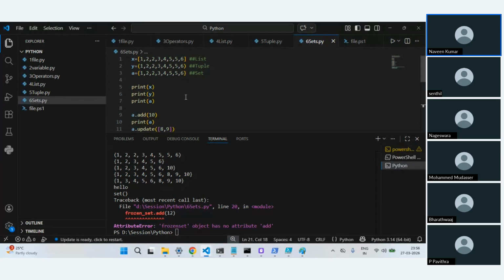Then we'll talk more about loops, because once you know loops, we can start building small projects and other things, some real-time use cases, how you can write the programs. And once we reach functions and modules, then we'll be in a much better position where we can write some real-time automation use cases. So all those things we'll plan for the next session.